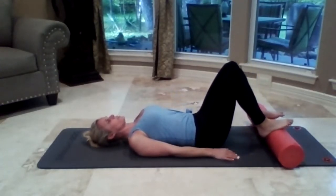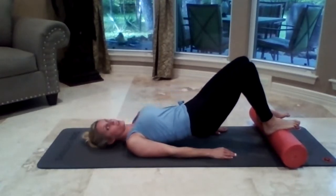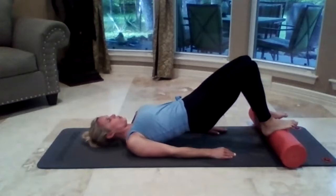Good. Again, tuck the pelvis. Lift the hips into the air. Hold this at the top. Keep your knees in parallel, and then scoop and roll down. Now we're going to add on. Are you good to add on? Yeah. Here we go. We're going to tuck the pelvis, lift the hips into the air, hold this at the